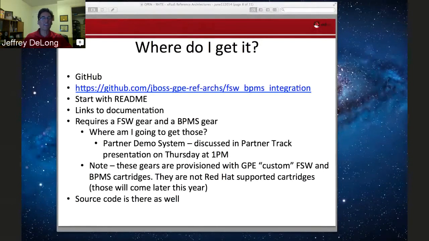one of the things it says fairly early on is, in order to run this, deploy this example and run this reference architecture, you require a Fuse Service Works gear and a BPMS gear. You might think, well, where in the heck am I going to get one of those? And